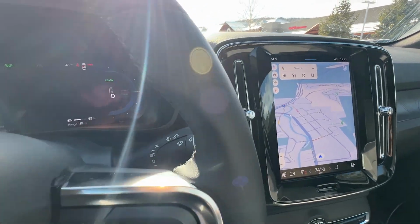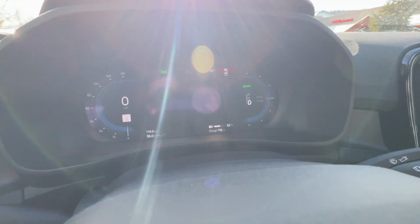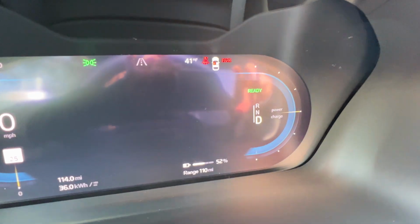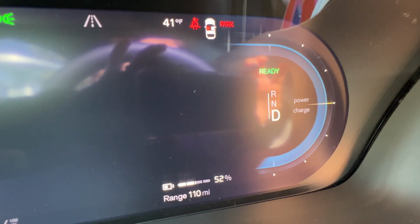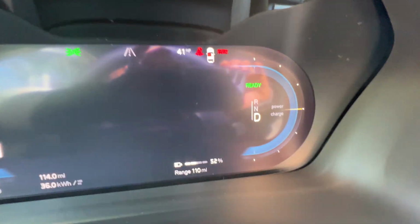All right, we have arrived at our next destination. We are at a Target parking lot, and again at another Volvo Starbucks charging partnership. When we left our previous destination, it said we would get here with 50% of a charge. We got here with 52% of a charge. We've been driving through mountains. It's 41 degrees now, but it was